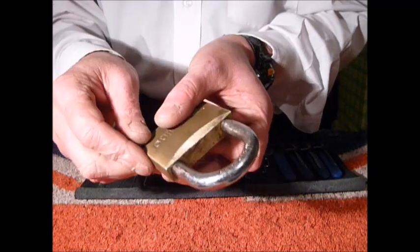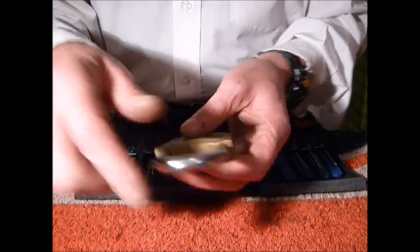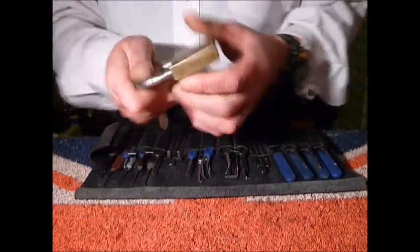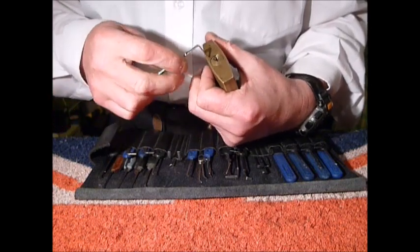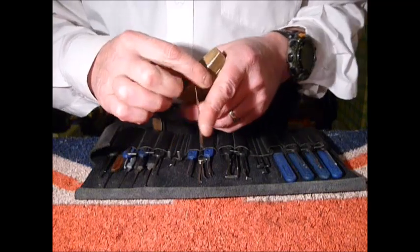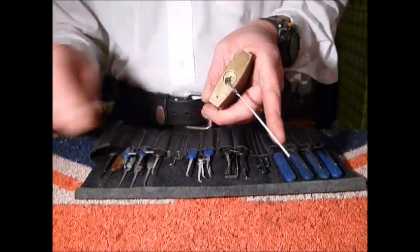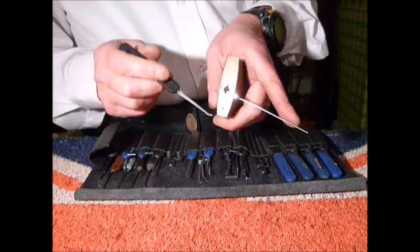Must be where the shackle started to go, or the hinge inside, I'm not sure. There was quite a bit of dirt inside this, so I just gave a quick zap of WD-40. I'll start at the back, work to the front,